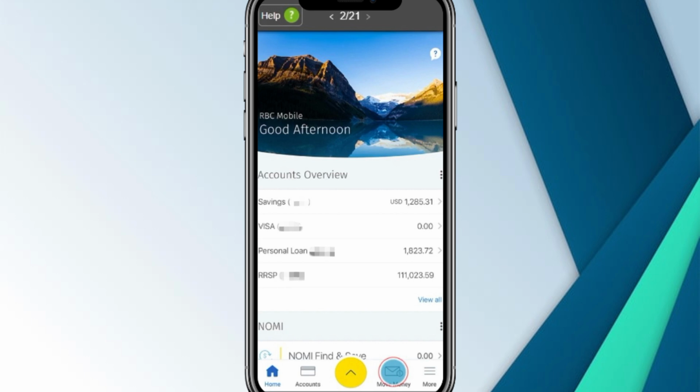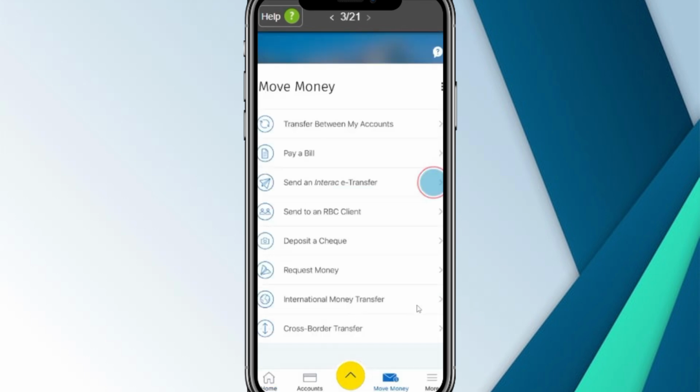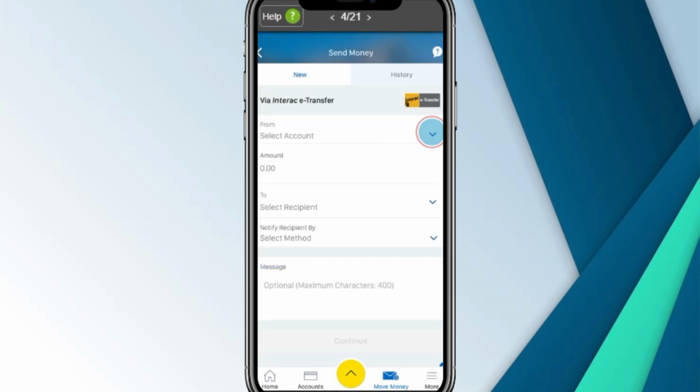Make sure you're signed into your account to access all the features you need. Once you're logged in, look towards the bottom of the screen. There, you'll see an option labeled Move Money. Go ahead and tap on that. Next up, you'll want to select Send an Interac e-Transfer. This is the tool that allows you to send money electronically to another person, even if they're an RBC account